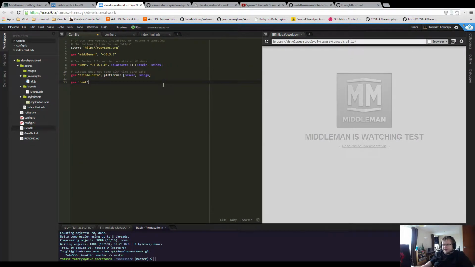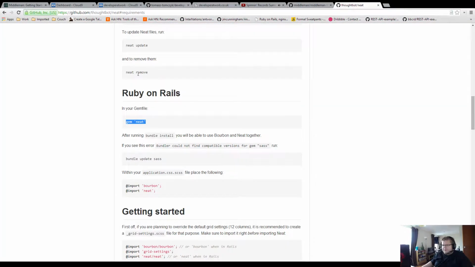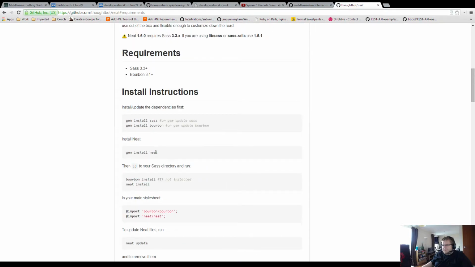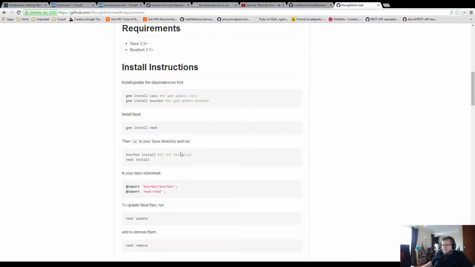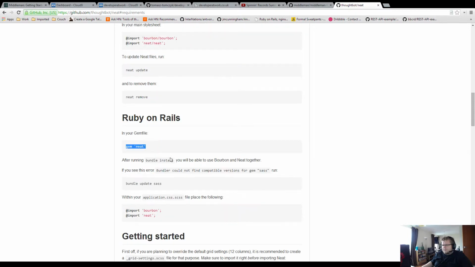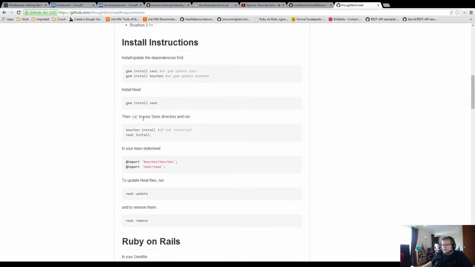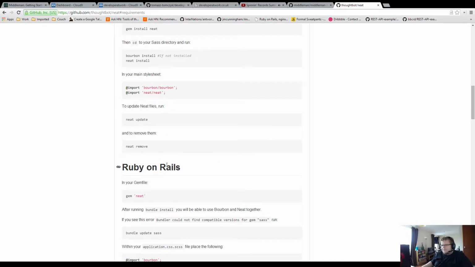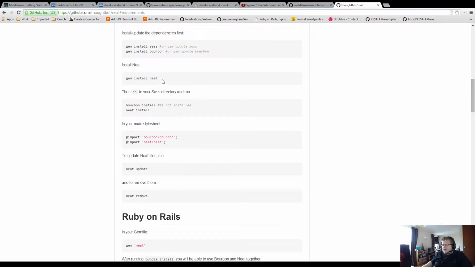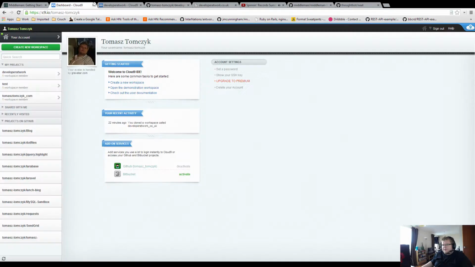So we'll start by adding it to the Gemfile, bundle, and that will install all of the dependencies, such as Compass, I believe, Sass, and so on. Oh, that's Rails instructions. That's pretty much the same. That's interesting.